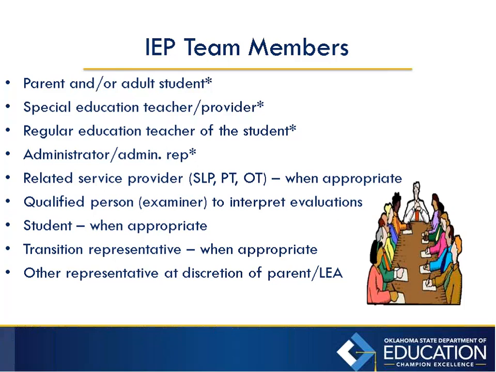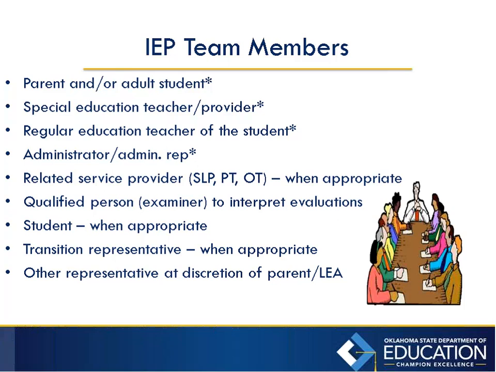The IEP should be discussed and developed by a team of people who know and work with the student. This team is responsible for the development and implementation of the IEP. Other team members can be added as circumstances warrant,